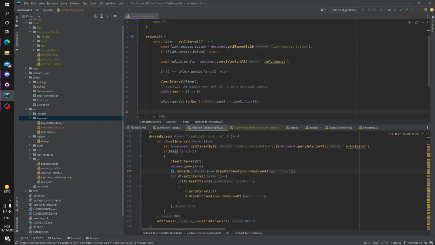We can just click it. We don't need to actually clear the interval. So we check for the is button enabled. That's an interval which is every 100 milliseconds, in which we say